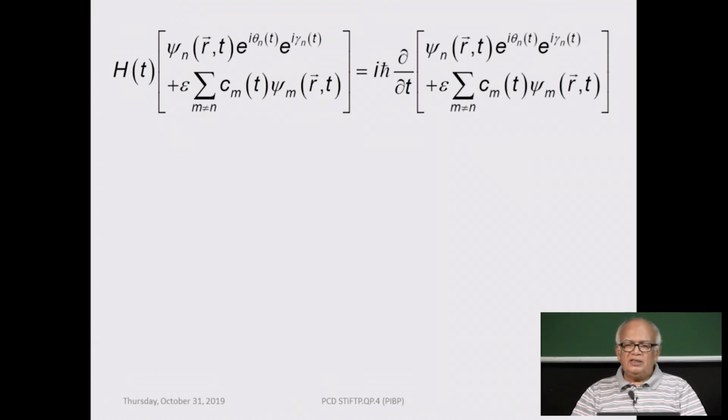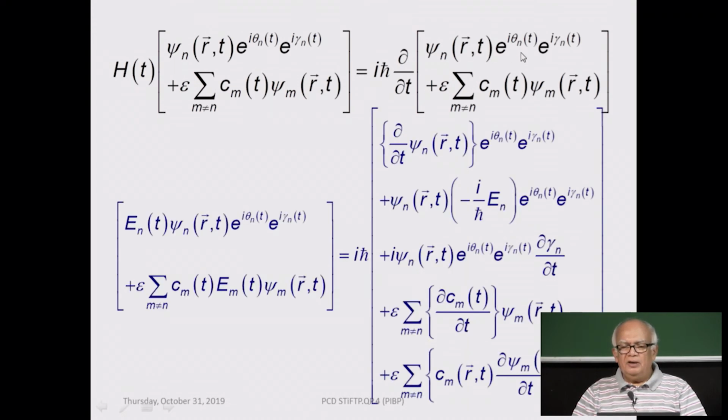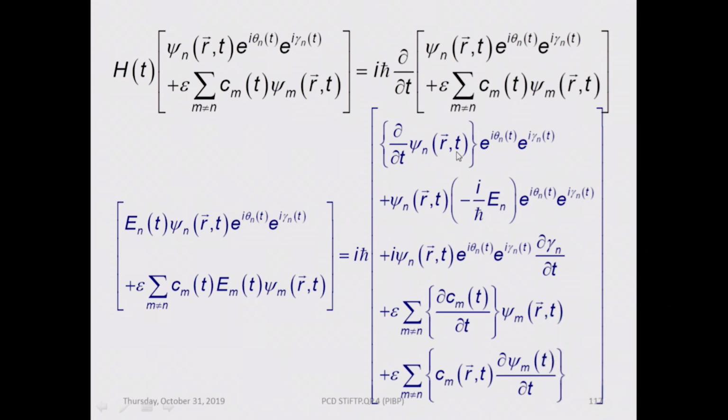So you have to take the time derivative of two terms on the right hand side. One is this, the second is epsilon times this, but this is a product of three terms. Okay. So you do it term by term. First term, derivative of the first term times the remaining two terms, then the first term and the derivative of this